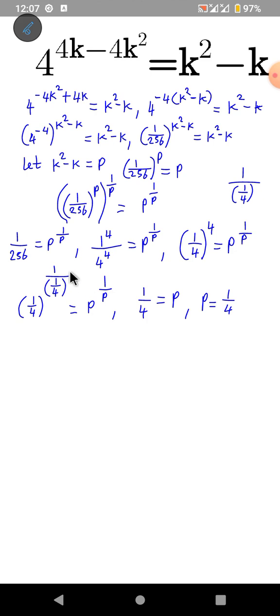Now, also, if I compare the powers, the power here is 1 over 1 over 4. So write 1 over bracket 1 over 4. Then the power here is the same thing as 1 over p. If I compare both sides, 1 is equal to 1, then 1 over 4 is also equal to p. So from here, I can say that p is also equal to 1 over 4. So the solution for p in this expression is that p is equal to 1 over 4. Then my next step will be to recall